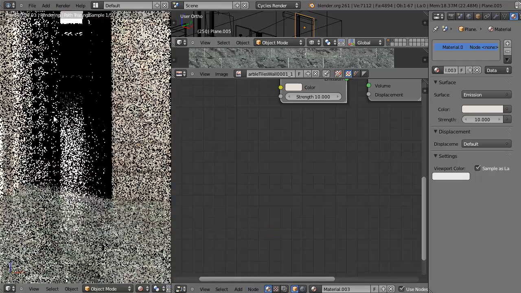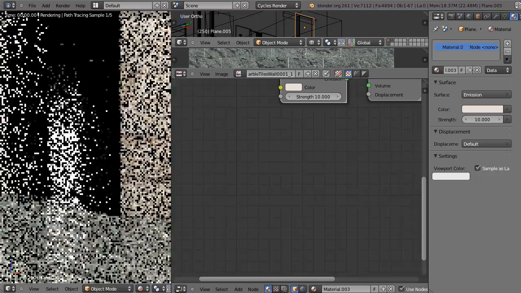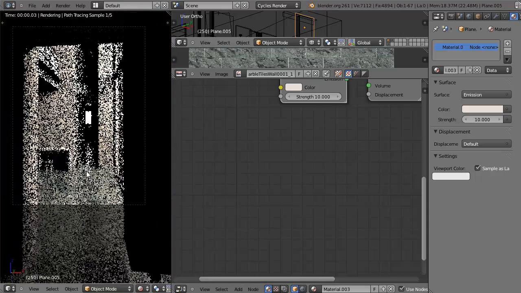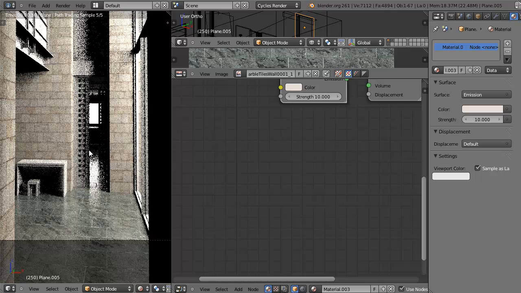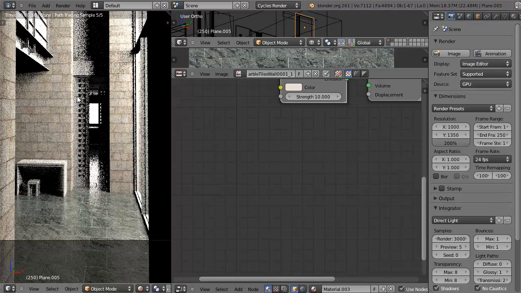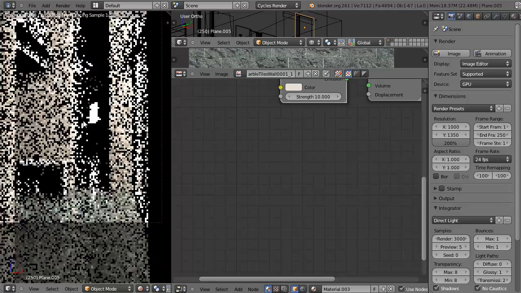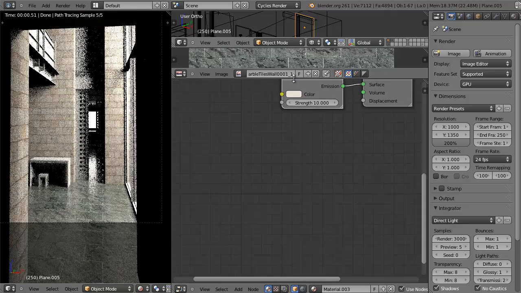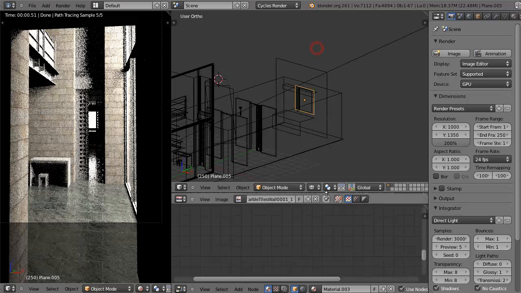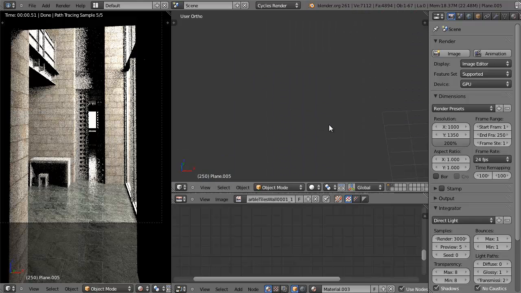Okay, so now you can see the reflections coming off the floor there, and you can get a better idea for how the scene is going to look. And again, that hallway down there isn't going to look that black at the moment. It looks like that because we've only got it on direct lighting mode. Once you get all the bounce lighting in there, everything's going to look fine and dandy. Anyway, just as a bit of a break from the complex materials, we're going to go ahead and just texture